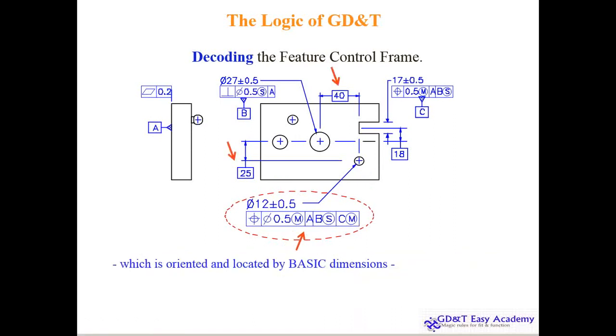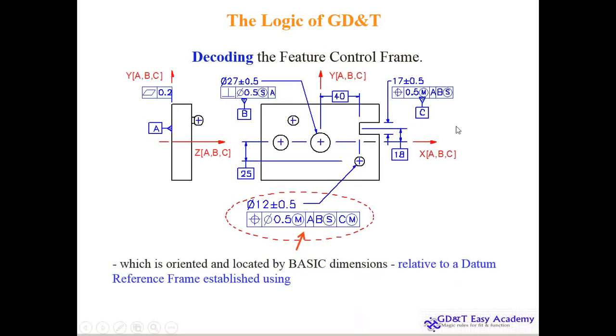So what is the orientation of the basic dimension? So if you see the basic dimension 25 and 40 here, they are critical. So relative to datum reference, because we have keyed our coordinate system here, so